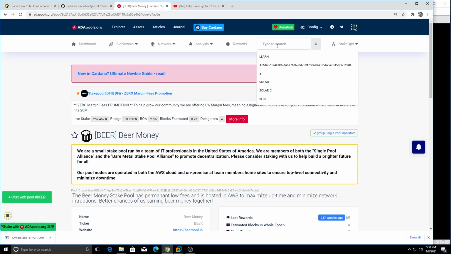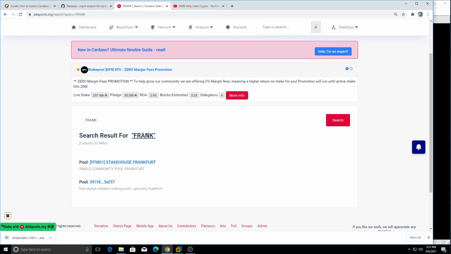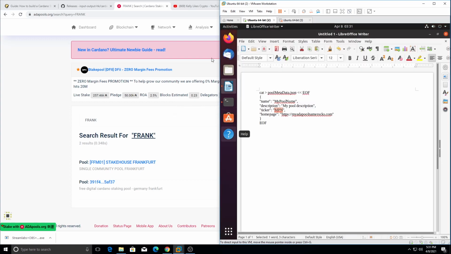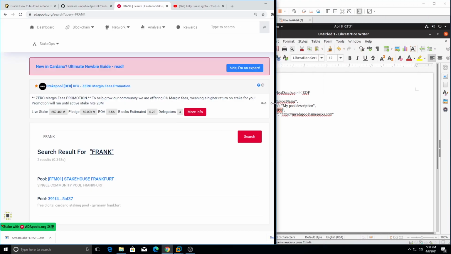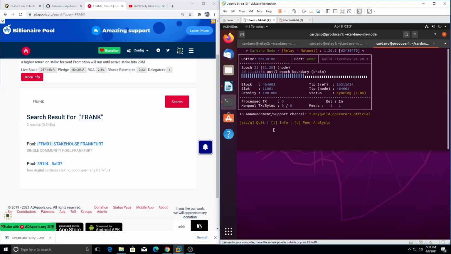Okay, so let's say your name is Frank, and so you want to make the Frank node. And boom, search result, nobody's used Frank. Okay, so you could make the Frank node. Bingo, done. So just make sure when you're setting it up that you aren't making a node that someone else has already made. Like I said, it still works, but you're just going to have conflicts when you're in the wallets,